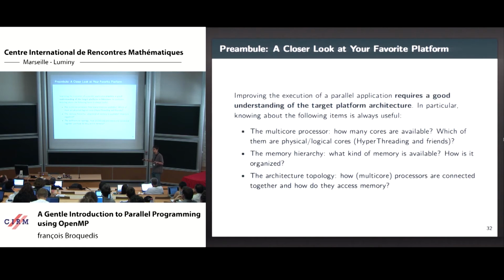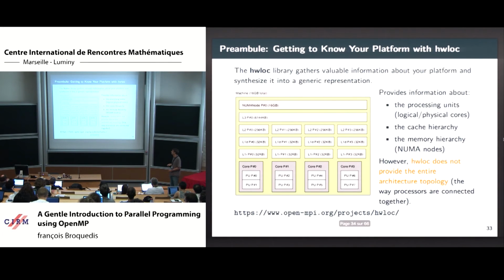You have some processors and you want to know how this processor will access memory. So these are pretty low-level details, and it can be painful to gather all this information. Hopefully you have some external tool that will help you do that. So this is the HWArc library. It's a library that will gather this kind of information for you and present it to you in a generic fashion. So this is my laptop,